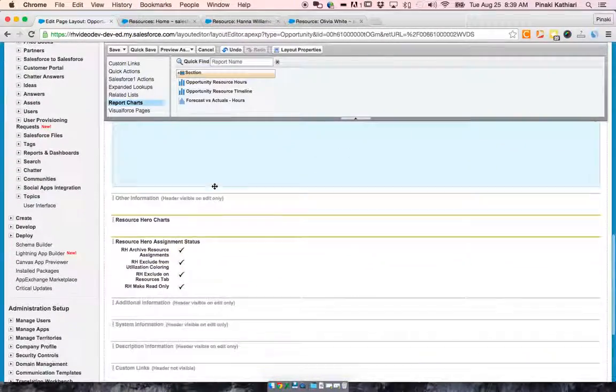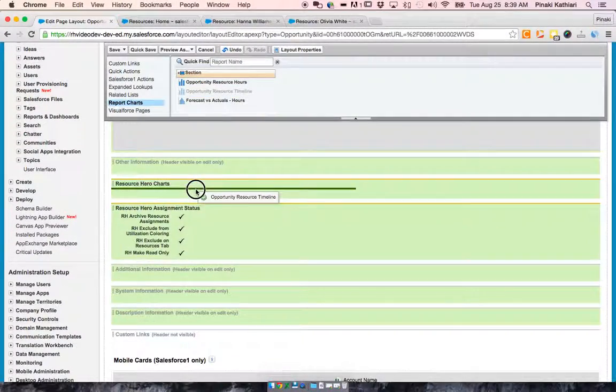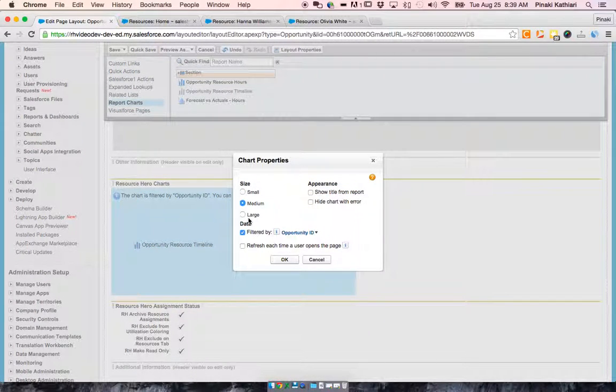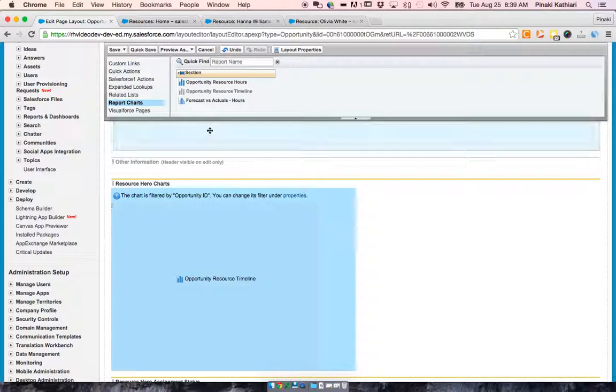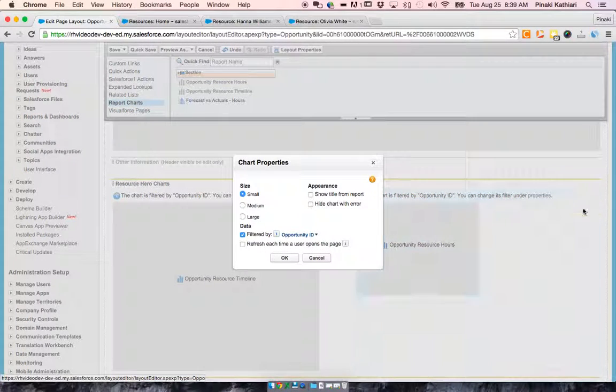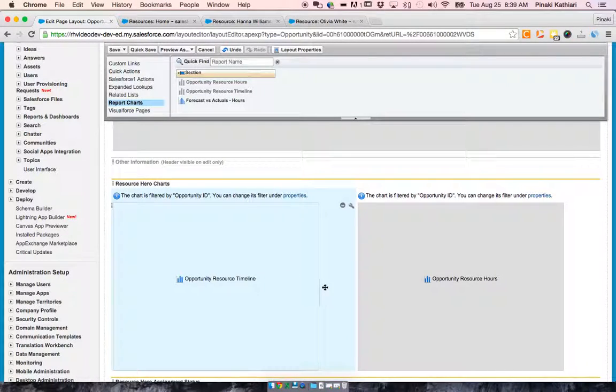So let's first add the Opportunity Resource Timeline. And let's make it a little bit bigger. So I'm going to click on Properties here, this little wrench, and we'll set it to medium. And notice that the data is filtered by Opportunity ID. If you're setting this up on another object, you could set it to filter by something else. So hit OK, and I'm going to add the Opportunity Resource Hours chart, and we'll make it medium. OK, and now they're both added. I'm going to hit Save to my layout,